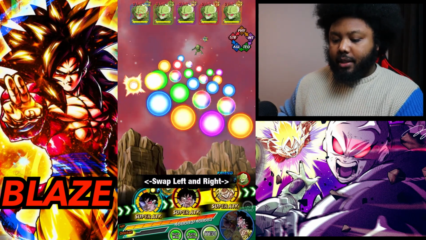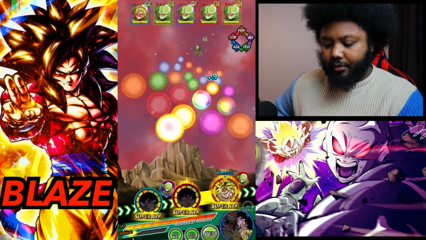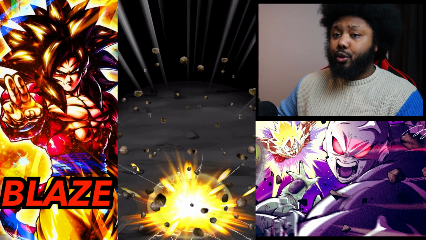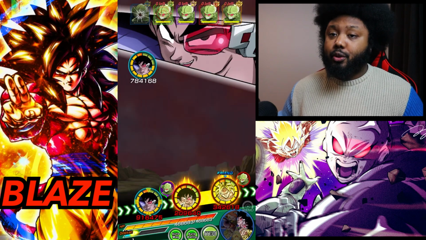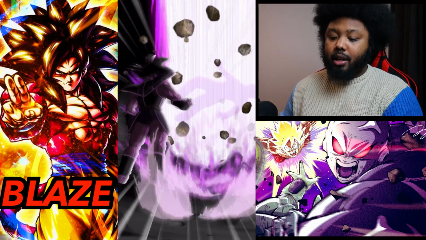Alright, so we have the Turles. Alright, so there we go. And I get interrupted here as well. And again, this is probably an easier stage if you are a new player, right? Because Area 7 does require you to do the entire story mode. So if you're fresh off the boat, going to Dokkan, you're just a brand new player, then this right